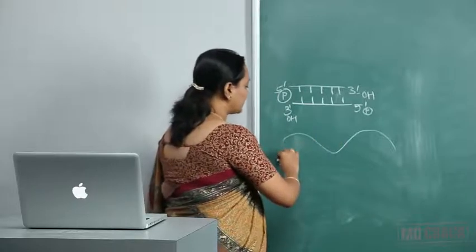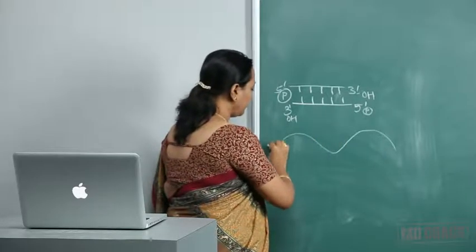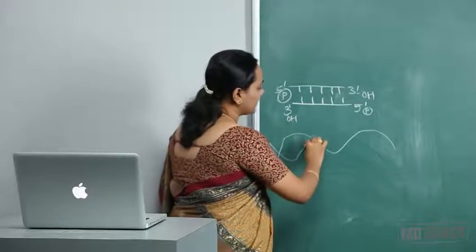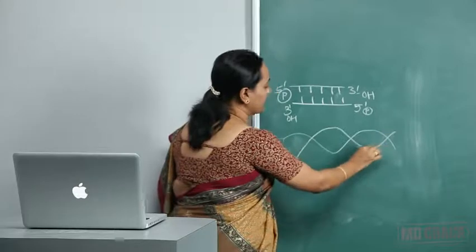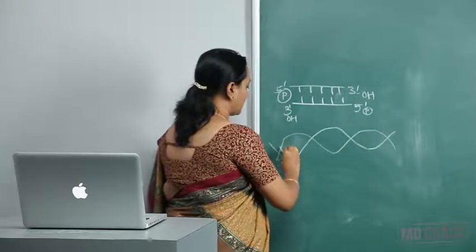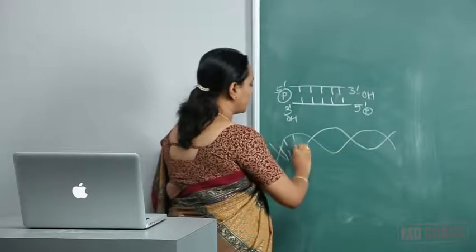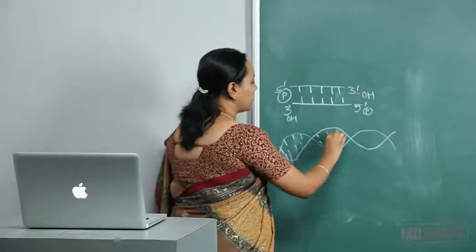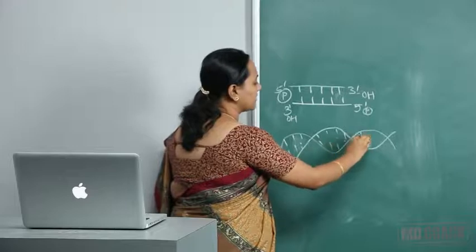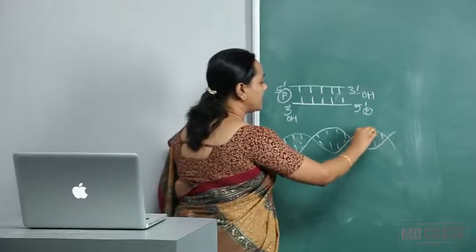So you have different base sequences like a ladder, and this ladder is forming a double helix. The bases are going to form and stabilize this